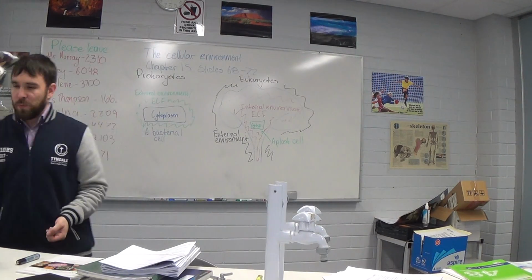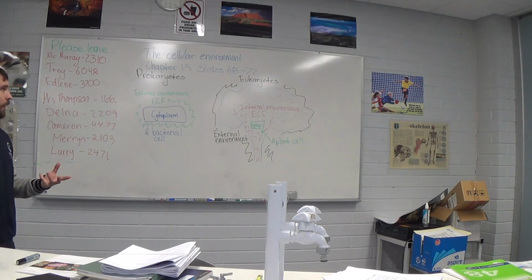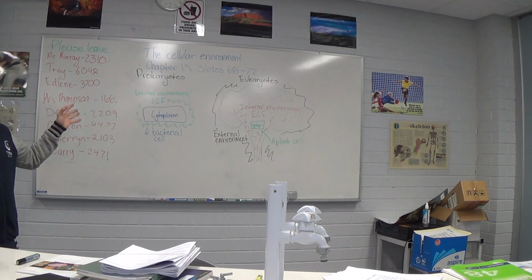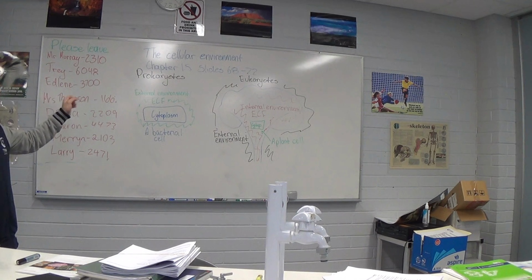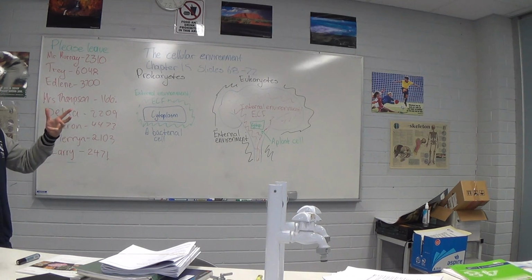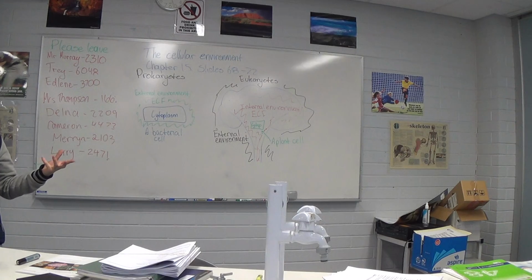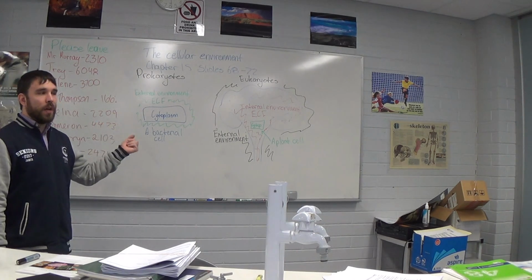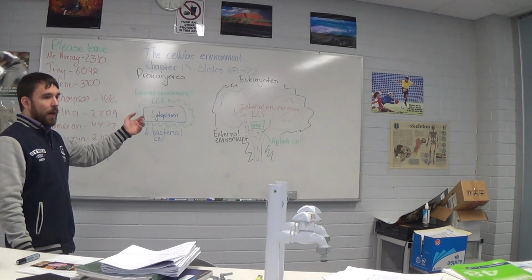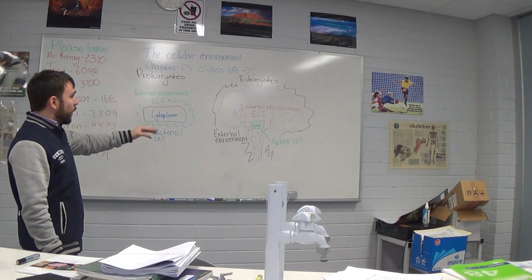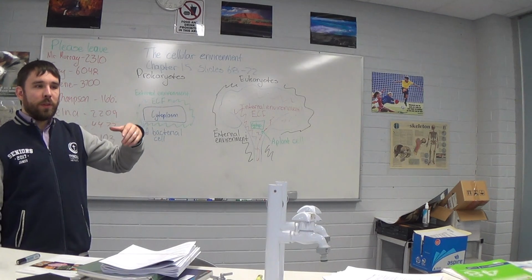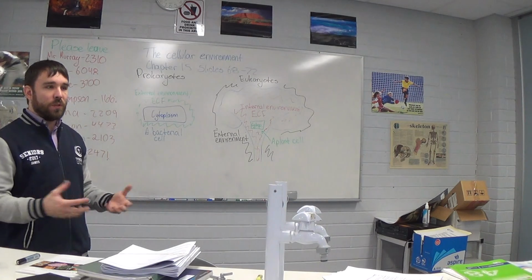Because the prokaryote is unicellular, it only has the one possible situation here, which is that the ECF and the external environment are the same thing. There is no internal environment because they are a single cell. Whereas for many eukaryotes who are multicellular, their external environment is the environment that surrounds their